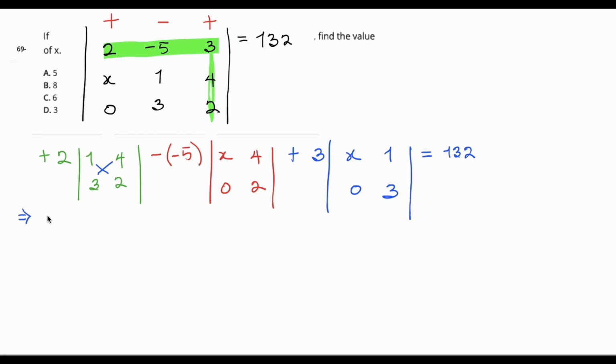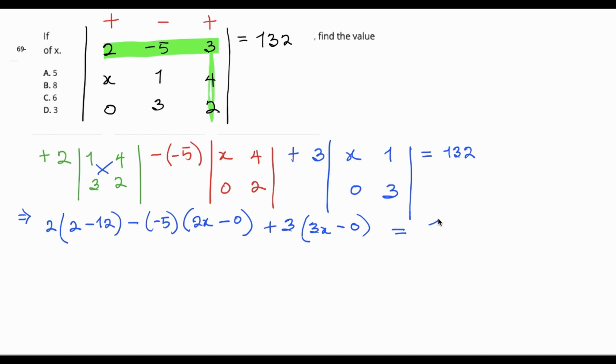So what I mean by that is we have 2 here, and then 1 times 2 is equal to 2, minus 3 times 4, that's equal to 12. We have minus 5. X times 2 is equal to 2x, minus 0 times 4, which is equal to 0, plus 3. X times 3 equals 3x, and we have 0 times 1 is equal to 0, so minus 0. All this equals